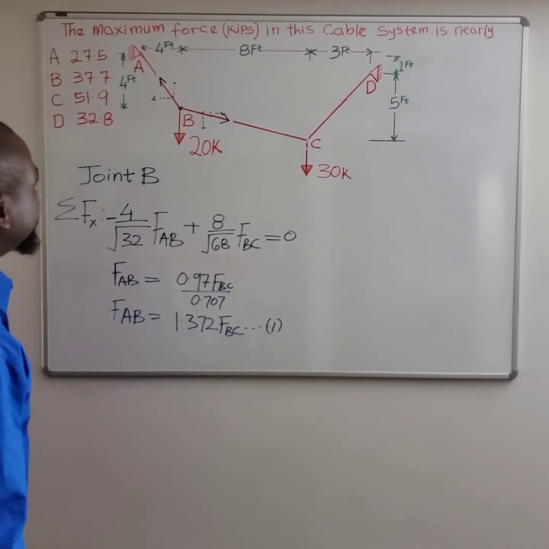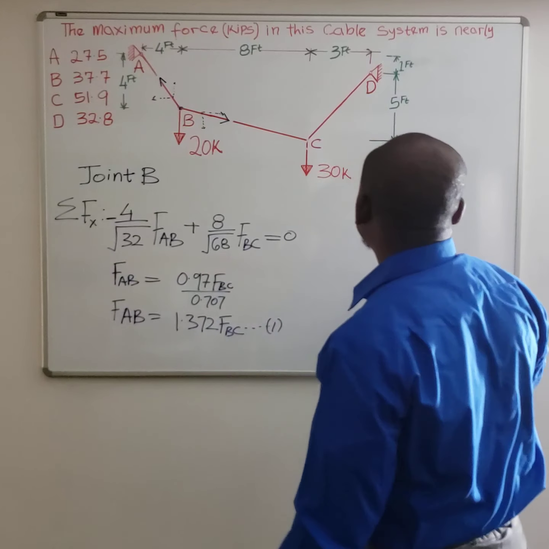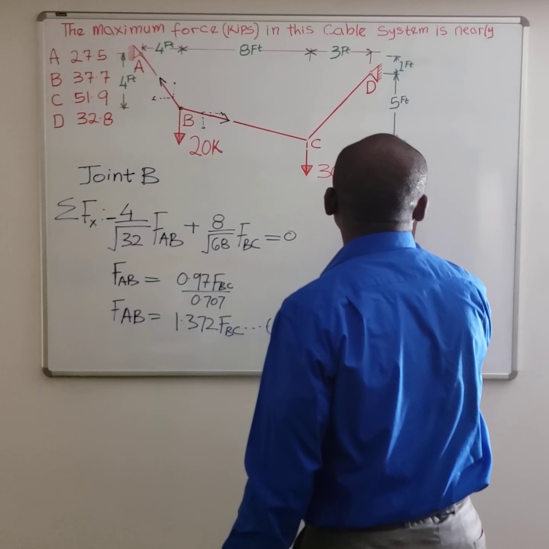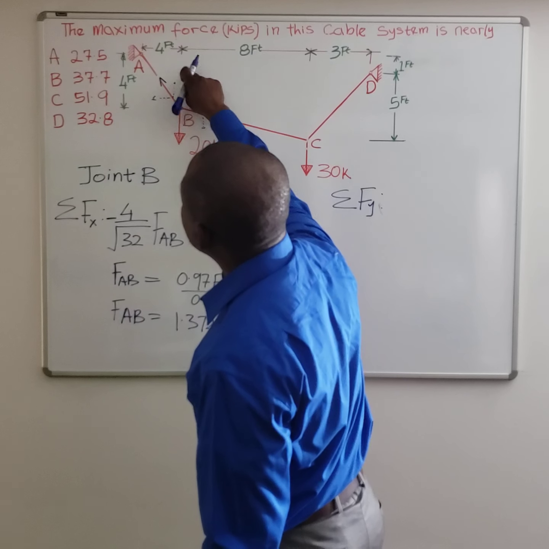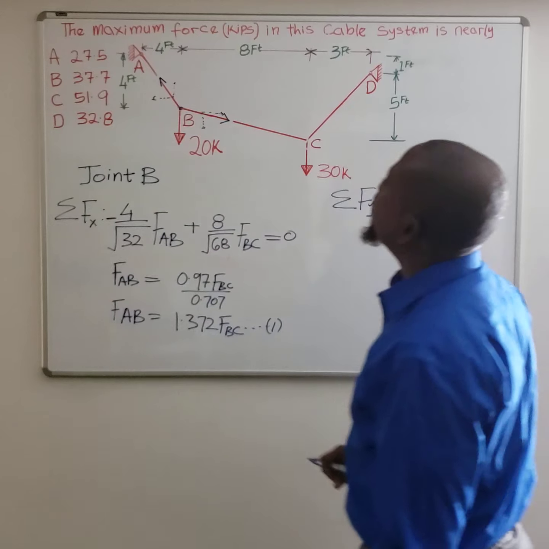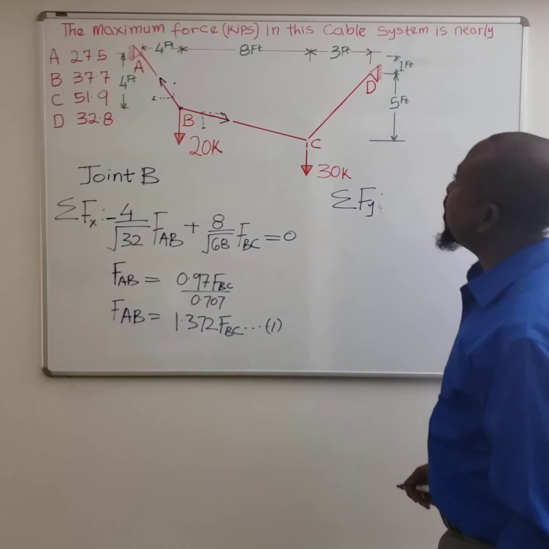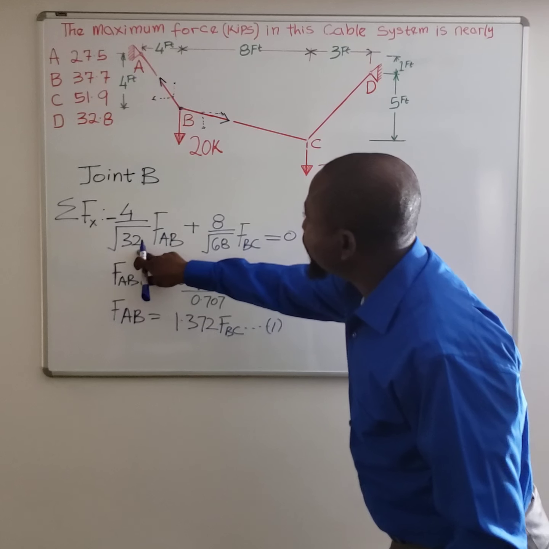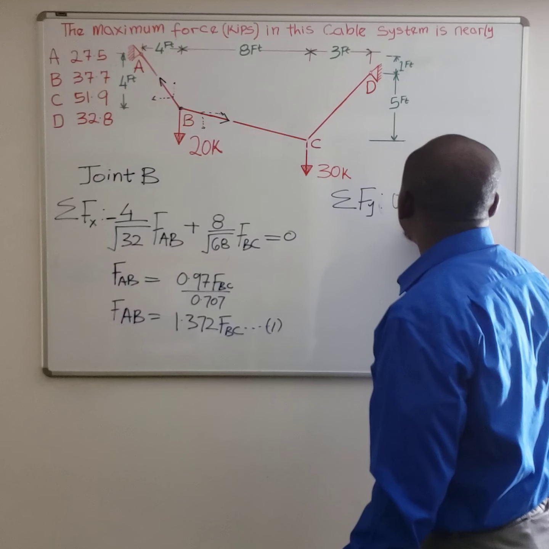So let's develop the second equation. The second equation is going to be, you do the sum of the vertical forces at the same joint. Sum of the forces in the y direction. So this force here, as we could see, is positive, going from this point going up. Orientation is positive, and going down is negative. So FAB will also the same way be. We already know what this value is. 4 divided by square root of 32 is 0.707